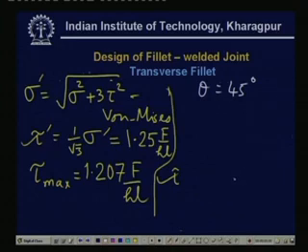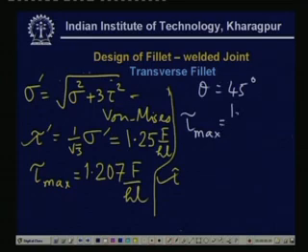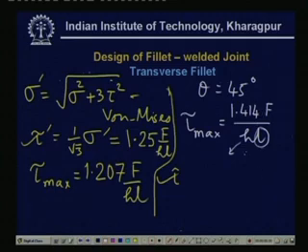But if we neglect the normal force on that particular section, then we get tau max is 1.414, this is square root of 2 F divided by h times L. Remember, L is the length of the joint and h is the leg height of the fillet weld. Now, you will see that although this is a thumb rule, the assumption here is that the stress is uniform over the cross section, making an angle theta equal to 45 degrees, and we have neglected